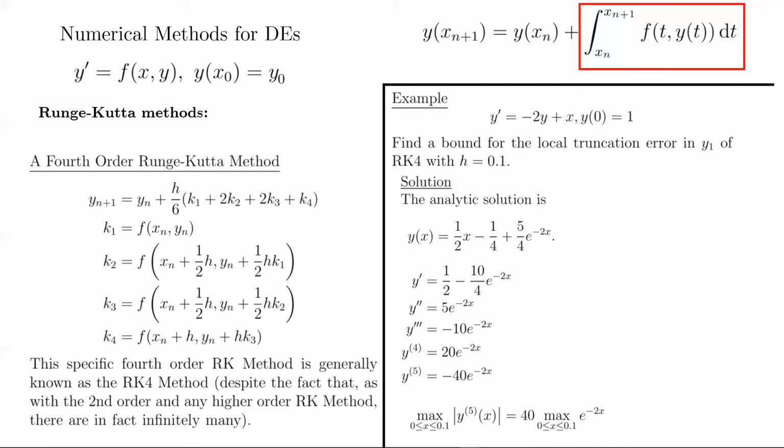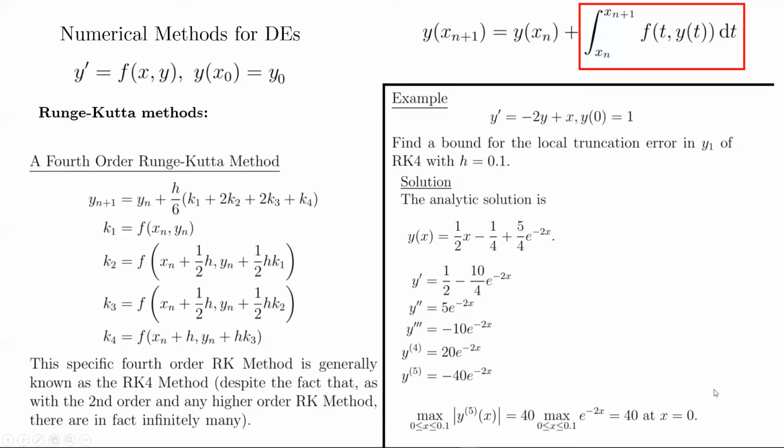It turns out that x equals 0 will make this largest, because x equals 0 means we're looking at e to the 0. If I had chosen x equals 0.1, this would be e to the minus 0.2, which is smaller than e to the 0. So e to the 0 is 1, so the maximum of this derivative is equal to 40